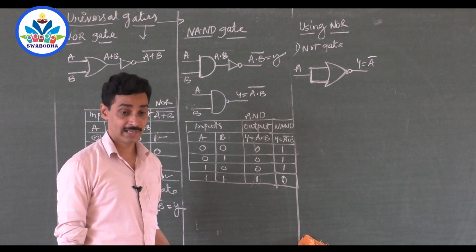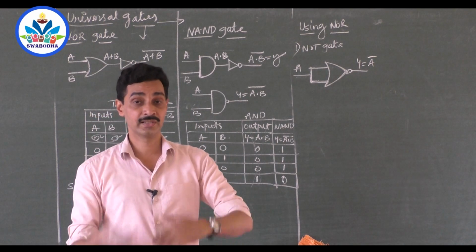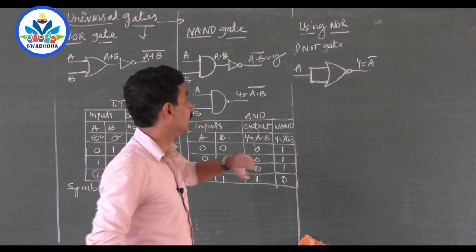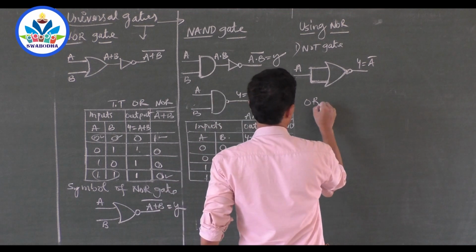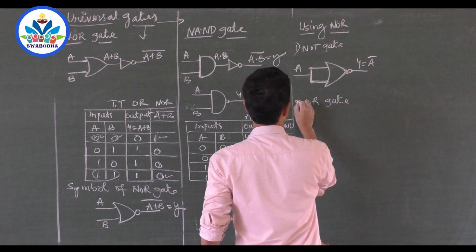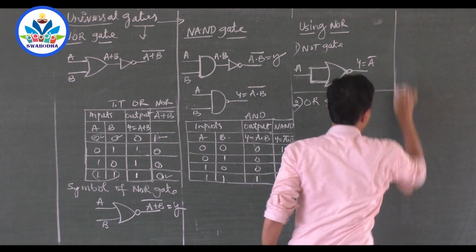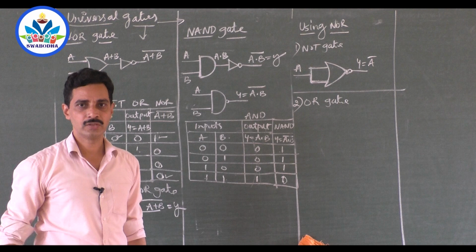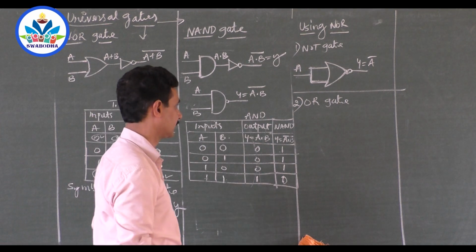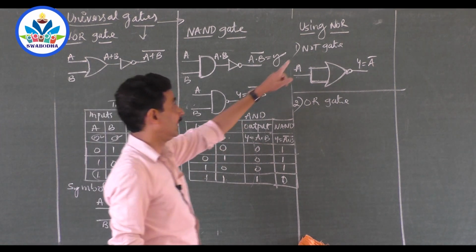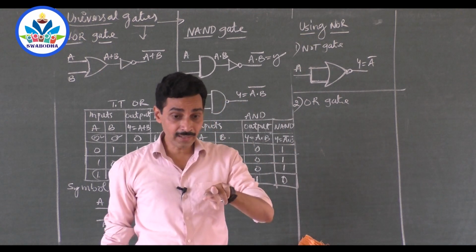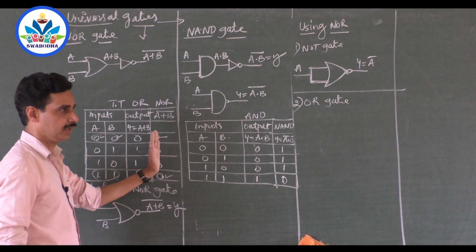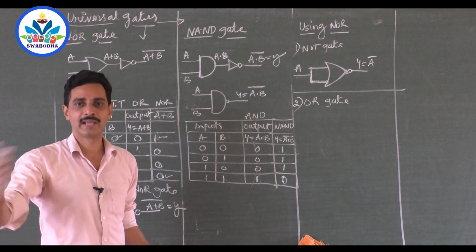Sir, you called the NOR gate a universal gate. You must be able to construct OR and NOT, everything. You have proved only NOT. Now can you construct an OR gate using NOR gates? Yes, possible. How to construct an OR gate using NOR gates? You see, in the NOR gate, OR is already complemented, correct? Whatever the output of the OR gate, it is complemented. Complement it again, you will get it back.